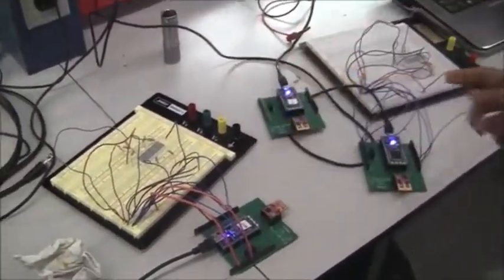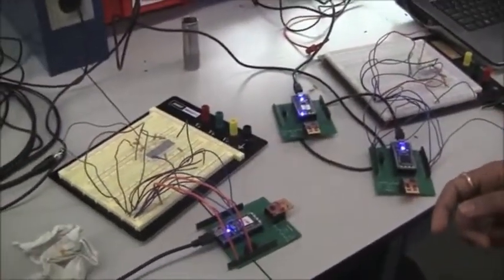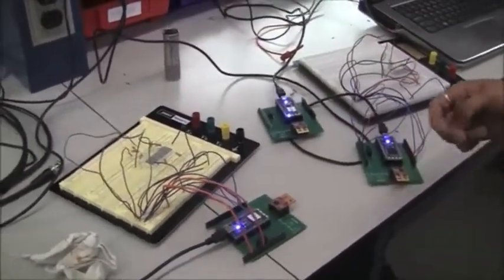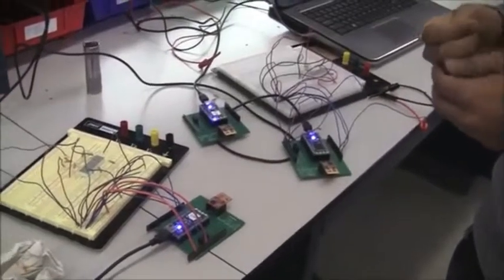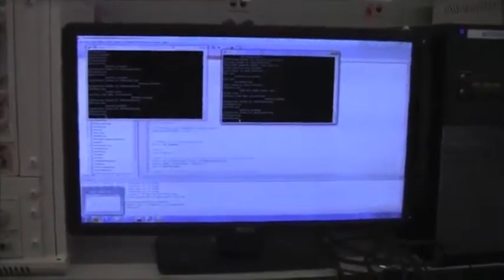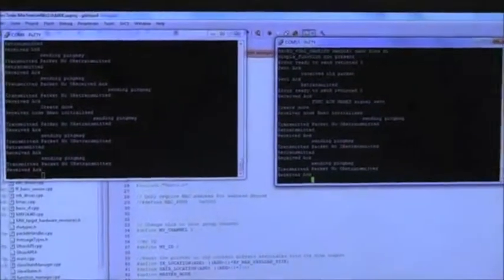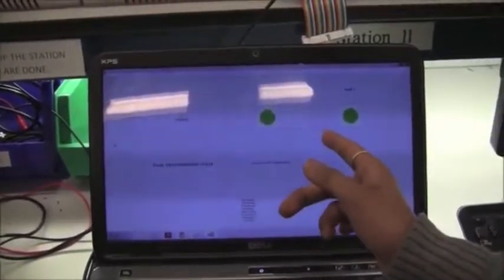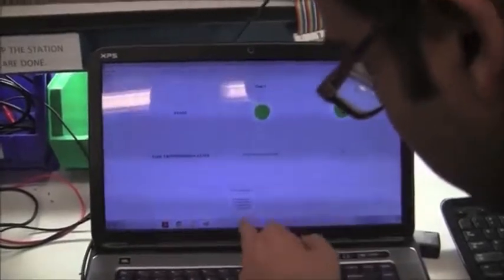We have a 7 segment display to show a simple program that counts from 1 to 9, and when we send a code update, it will start decrementing. So now it's just started. The sender, the master, has started its execution now. So you can see the 2 nodes are alive. When a node is dead, it turns red, and I can see what's happening on the master here.